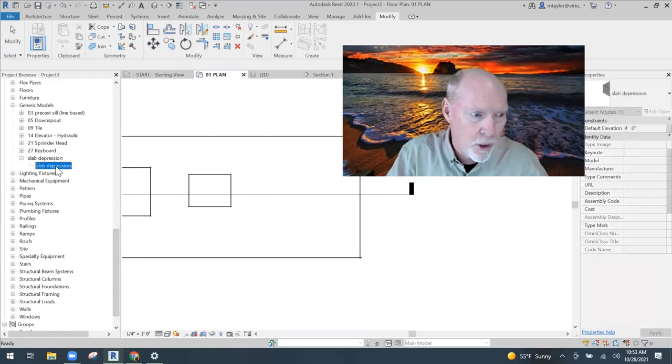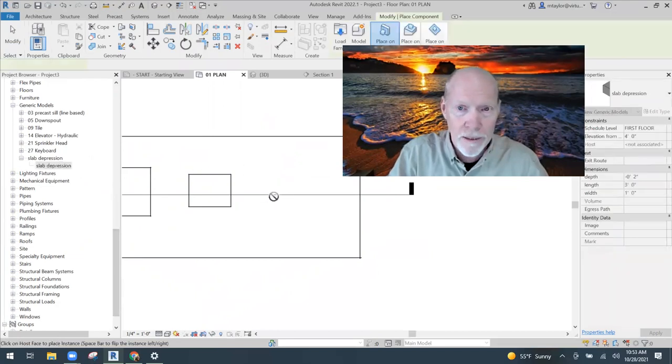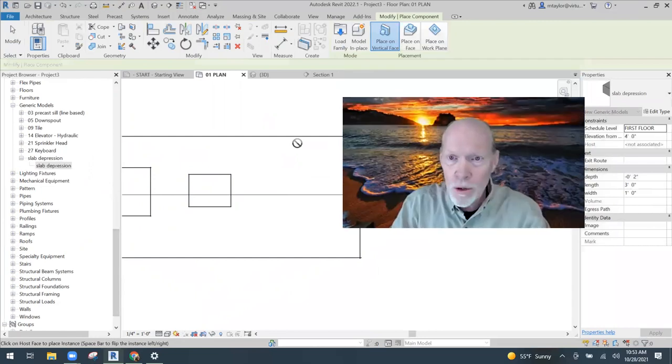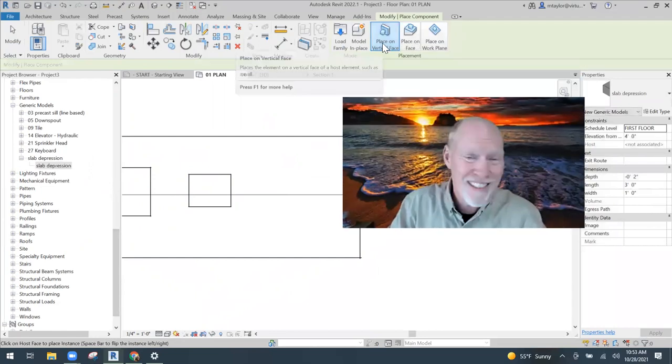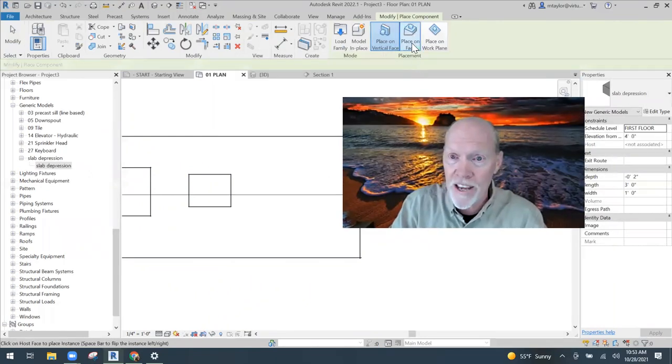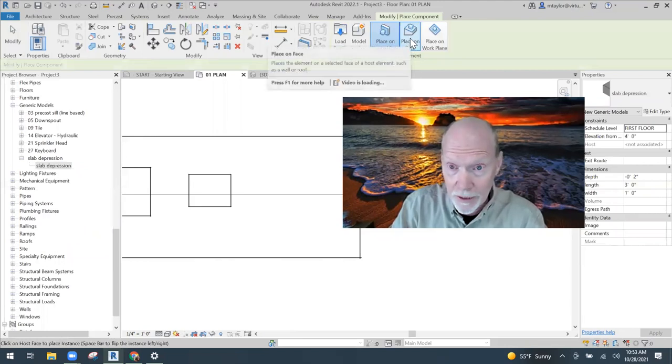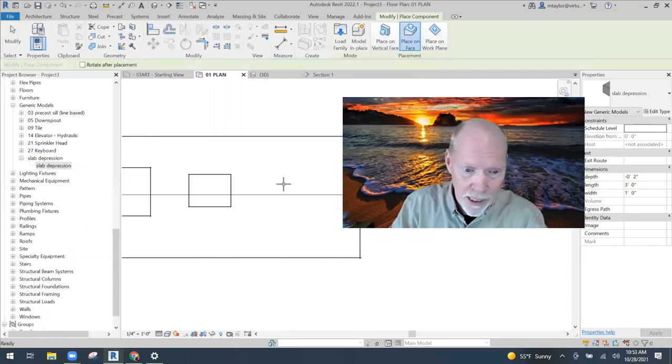I expanded it. I'm going to grab this bottom one. I'm going to drag it over, and I'm going to drop it. Now look at this. It wants to be placed on a vertical face. No, I'm going to place it on a face. Okay. So I'm going to click place on a face, and I'm going to place it right here on my